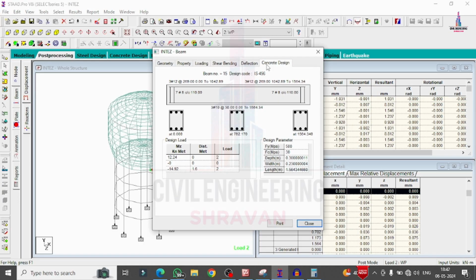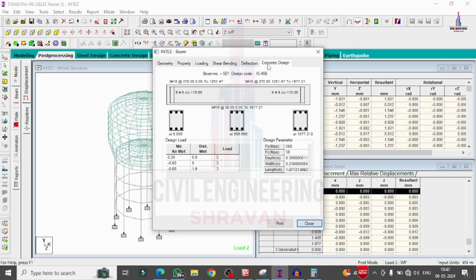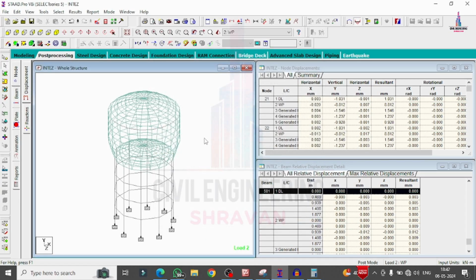Now you can see this is the concrete design, consisting of this beam's design results, which contain 3 bars of 12 mm diameter at the top reinforcement section, 3 bars of 10 mm diameter at the bottom reinforcement section. It also consists of 7 bars of 8 mm diameter placed at 110 center to center distance for this particular beam section. Again we can select the top concrete section. After this we will select the column.